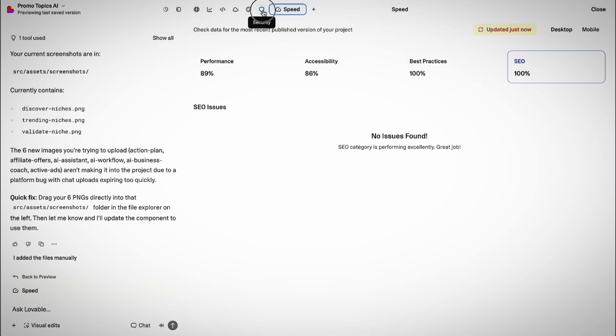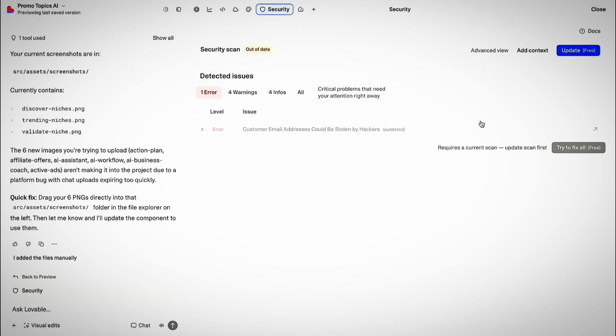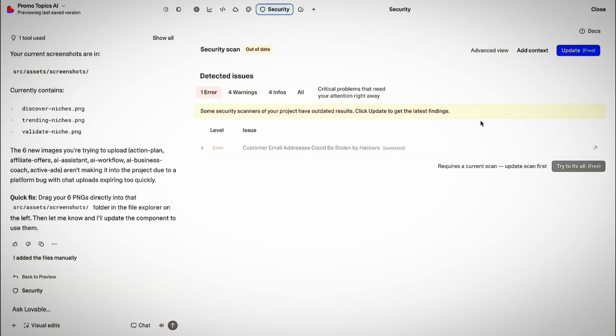Then you have this, the security icon. Now, this is about hacking your website. Usually Lovable has a very secure